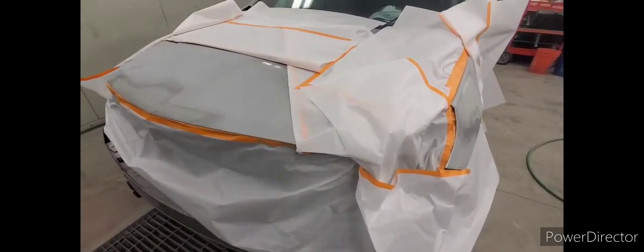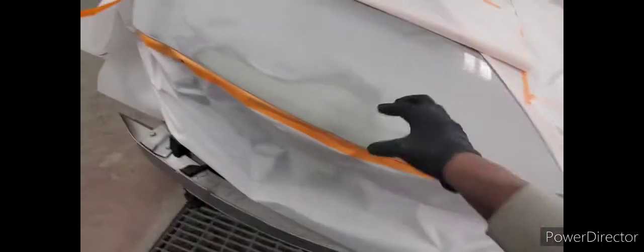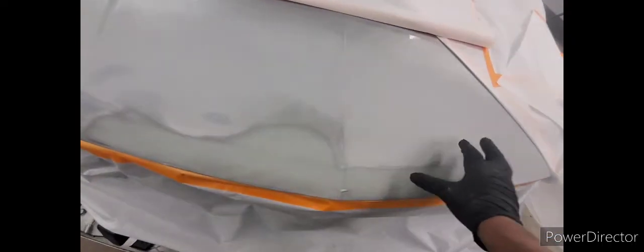Okay, so I mixed up my primer, and I'm gonna use a method they call different things, reverse priming, or reverse bullseye, whatever they call it. The bottom line is, your first coat of primer, you're gonna spray to the edge right here, to the edge right here, and to the very top. And then on your second coat, you're gonna step it out further. And third coat, you're gonna go further than that, and so on. That way the majority of the buildup of primer is right where the repair is, and then you feather out